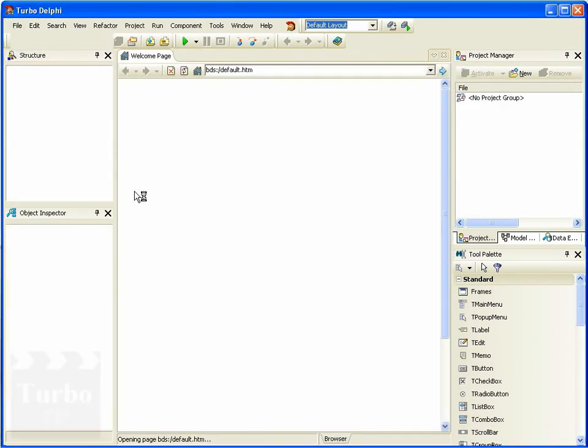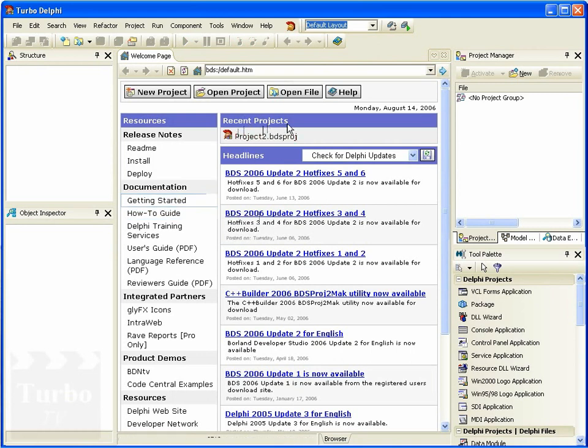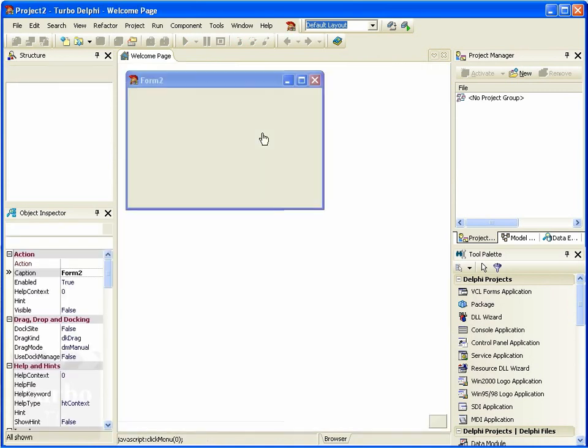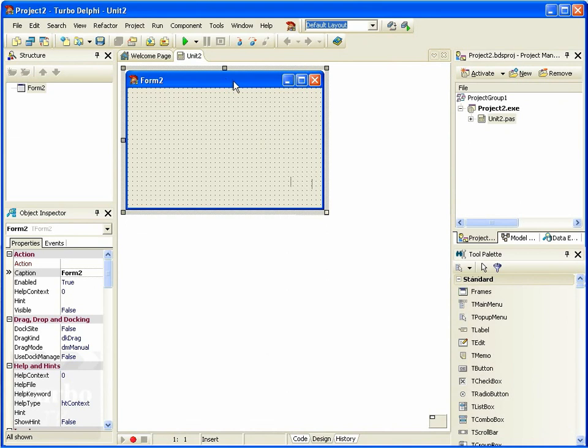And then I say File, Close All. You'll notice now that the Recent Projects box is open, and it will list some of the most recently used projects that you've opened in Delphi, and you can quickly access those here. So I'm going to go ahead and open that project back up, and you'll notice now that the welcome page